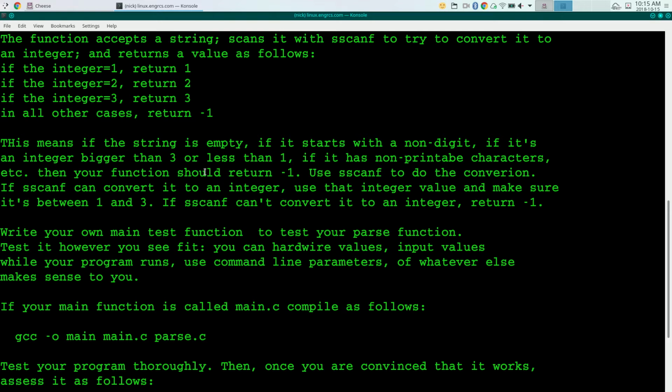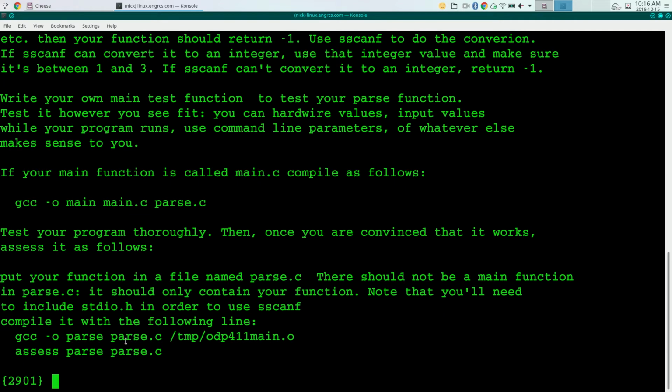So same as before, write your own test function to test this. How do you test it? Call parse with an argument of quote 12, call with an argument of quote 2, call with an argument of quote -1, and so on. Just try all the different cases and see if it returns the correct value that's specified. If it does,